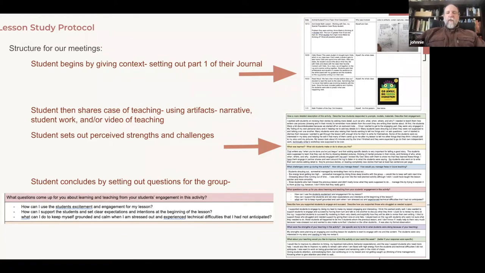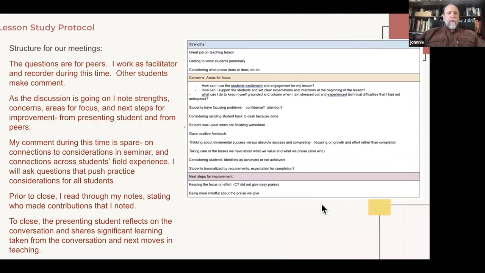And something that's come up in my thoughts recently is this idea that student teachers are putting themselves in this vulnerable place. And in this vulnerable place, they're opening themselves up for learning possibilities that they might not have otherwise. So lots of appreciation for this. They're also recognizing that their peers are probably having similar considerations and concerns. So this is a lesson study protocol that structures the meetings.